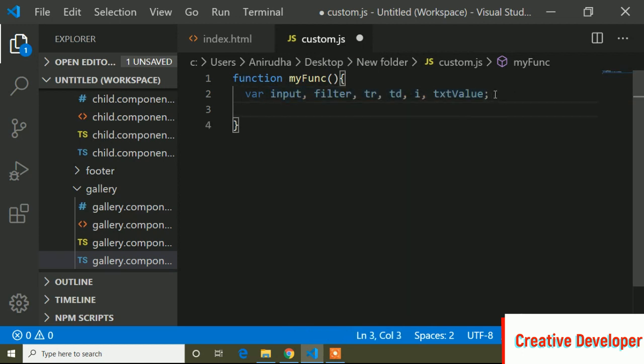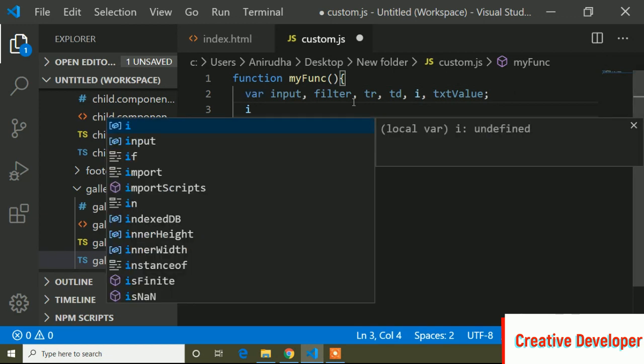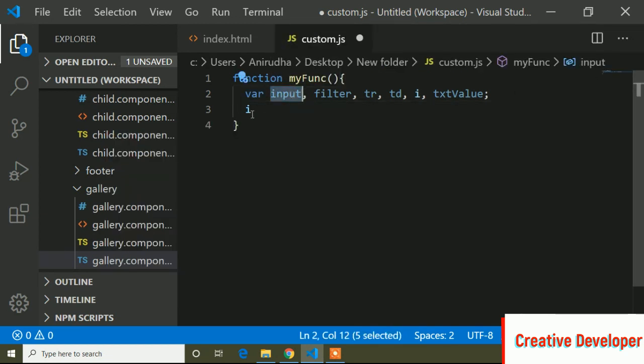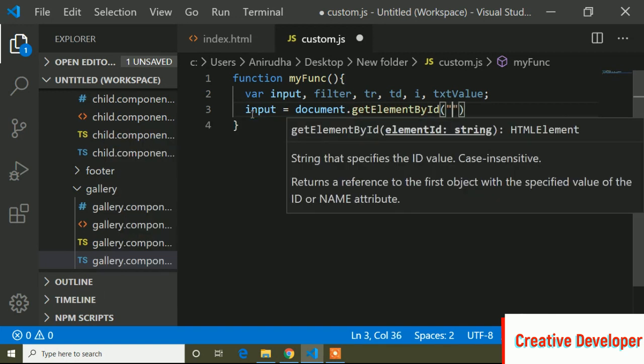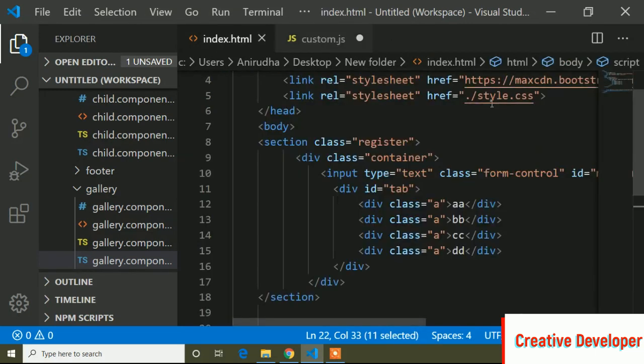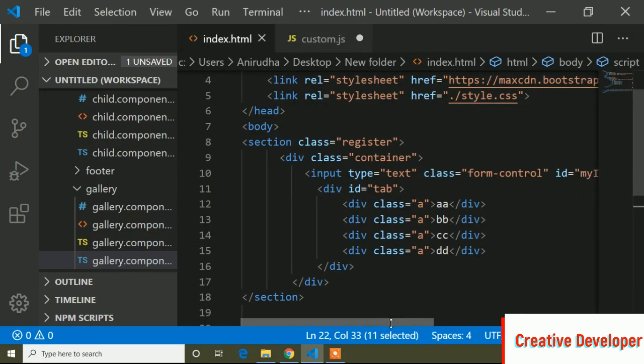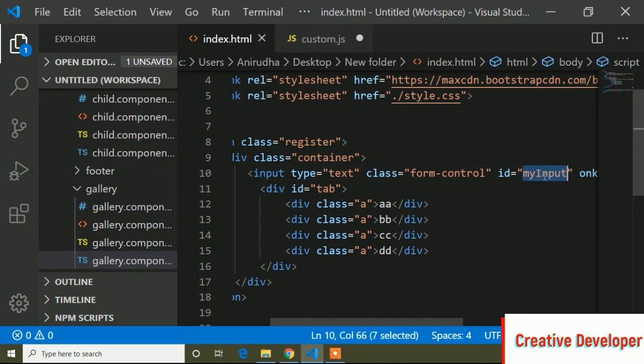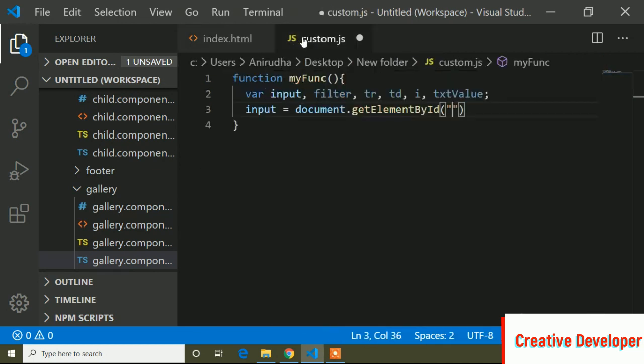Now this input variable: input equals to document.getElementById, and the id is myInput. So first of all, inside this input variable I will get the input id.